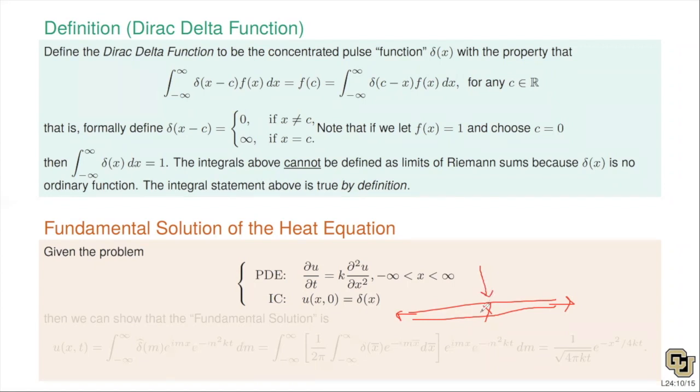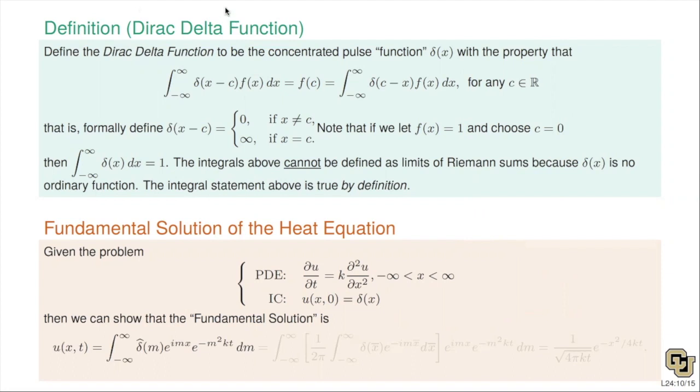We superheat the center of the rod and then step back and ask ourselves, what does the temperature profile look like when we've superheated the center of the rod and now let time move forward? As time goes forward, we see our traditional Gaussian bell shape from probability theory. So we can show the solution as we've derived would have this form, where